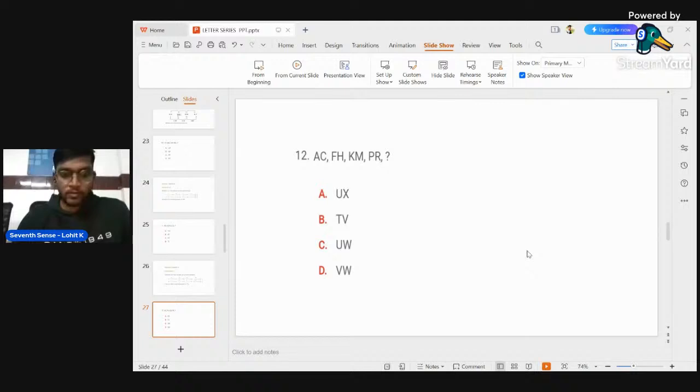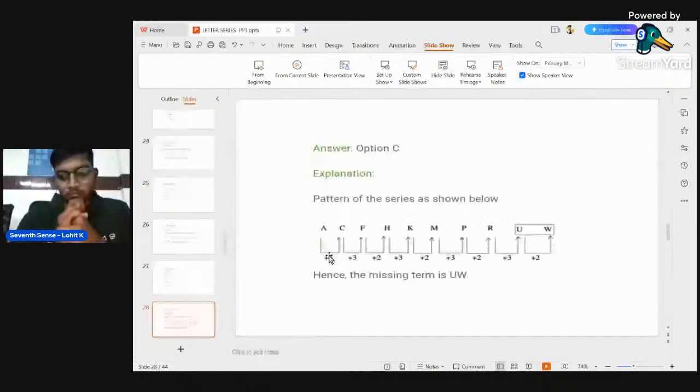What is the pattern you are going to follow? As you can see in this pattern, they are taking alternate patterns, that means plus 2, plus 3, plus 2, plus 3. So do the same thing for the last two now. A plus 2 is how much? That is C. C plus 3 is how much? F. F plus 2 is how much? H. Do the same thing for the next one. That is P plus 2. P plus 2 is how much? 16 plus